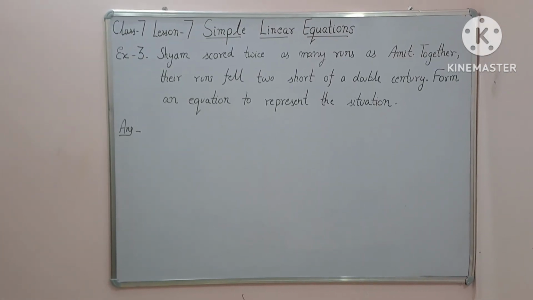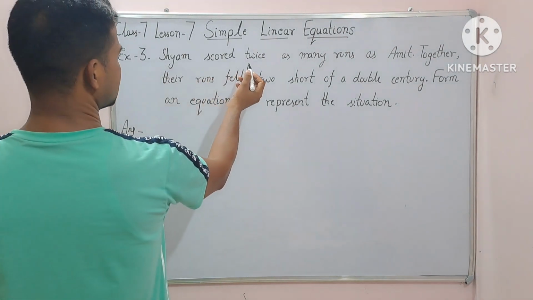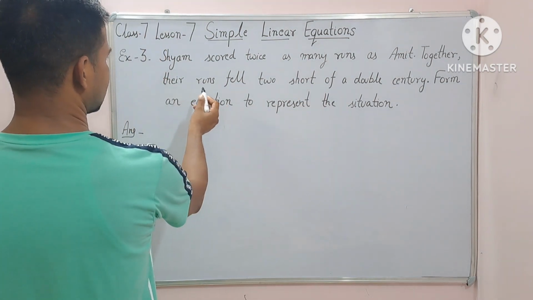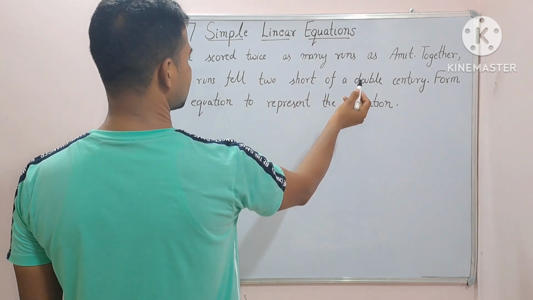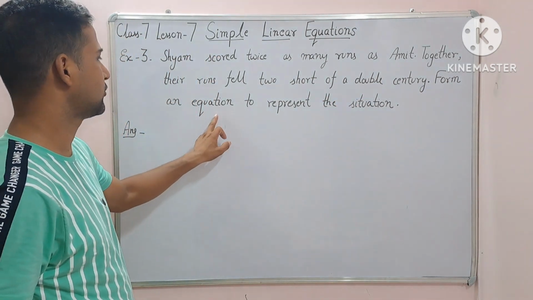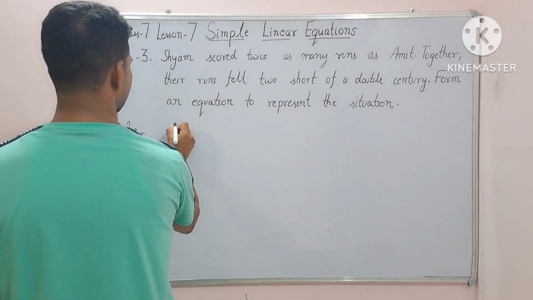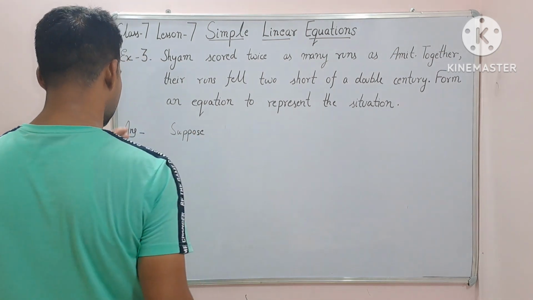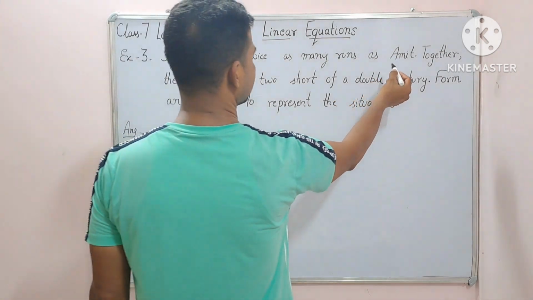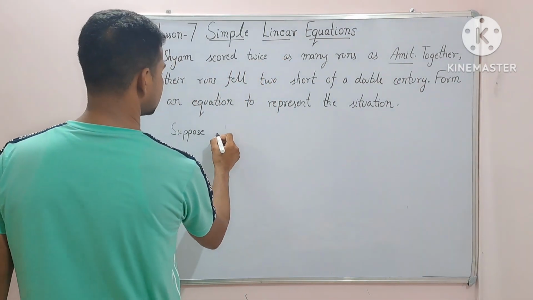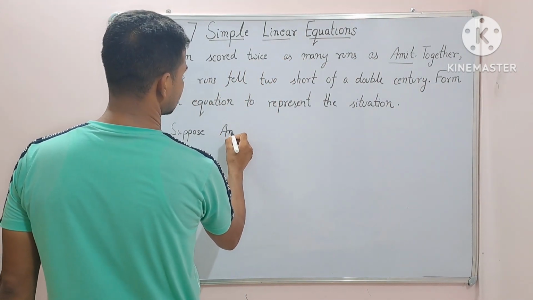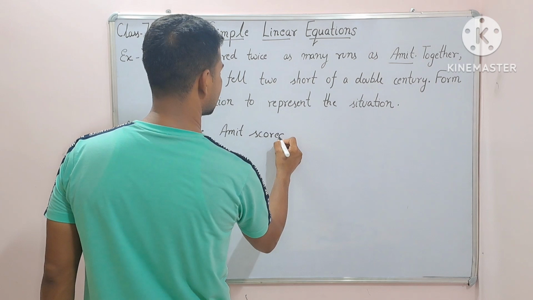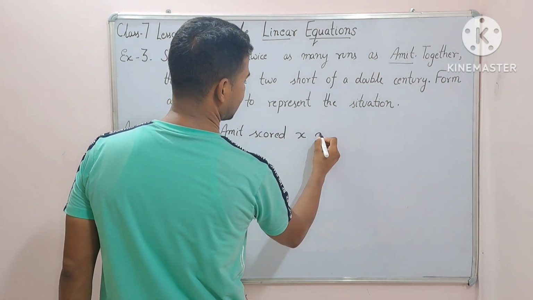Now third example is, Shyam scored twice as many runs as Amit. Okay. Together their runs fell 2 short of a double century. Form an equation to represent the situation. Suppose Amit scored X runs,